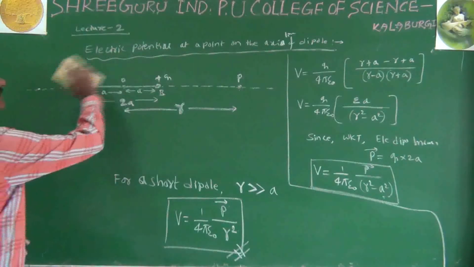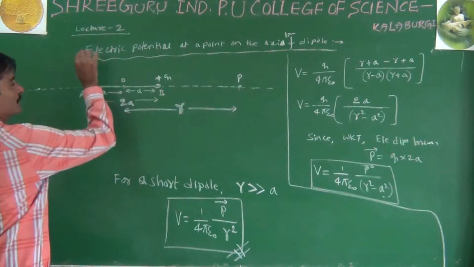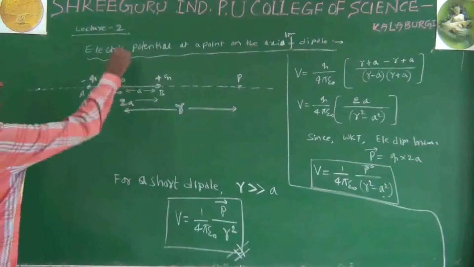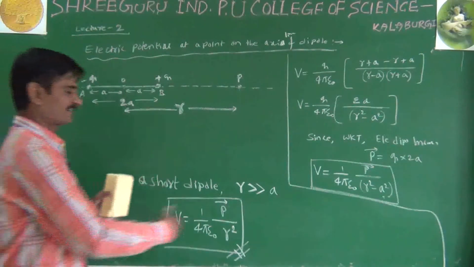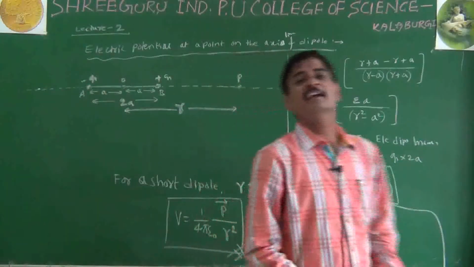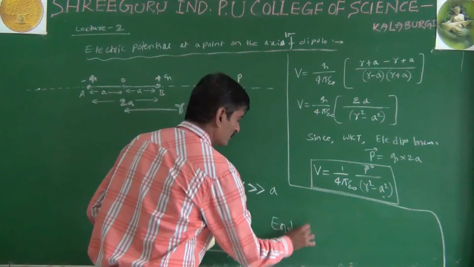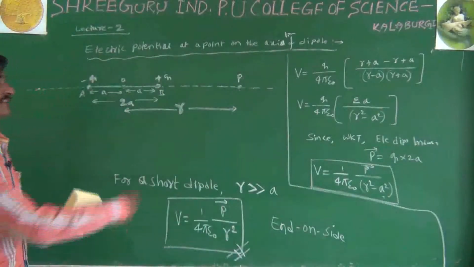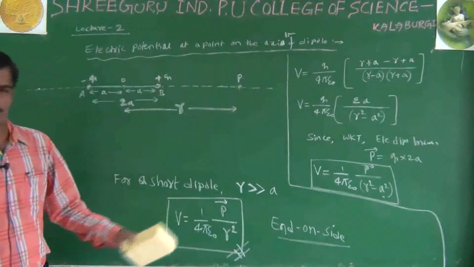Okay. So now electric potential, next derivation. There are 3 derivations in total. First I derived electric potential at a point on the axial line of the dipole. Next, now I will derive electric potential at a point on the equatorial line of the dipole. This axial line of the dipole is also called the end-on side. Some of the books will write it as end-on side of the dipole. It is not a different line, sometimes they write it as end-on side of the dipole. Same as the axial line of the dipole.